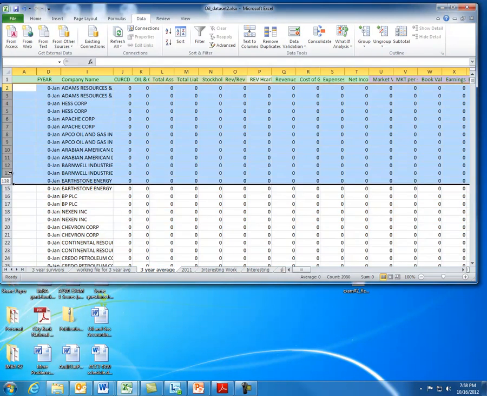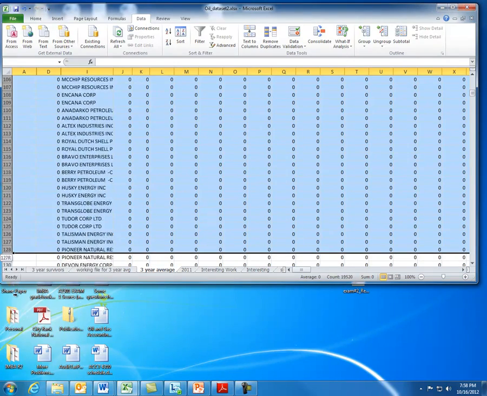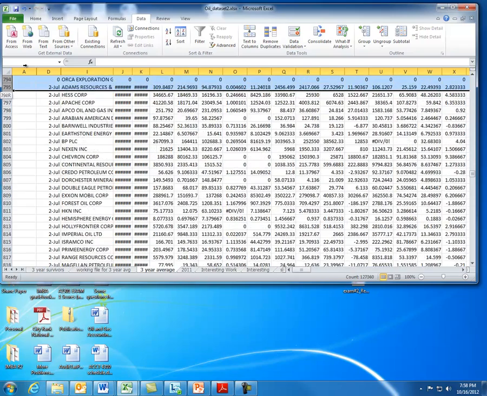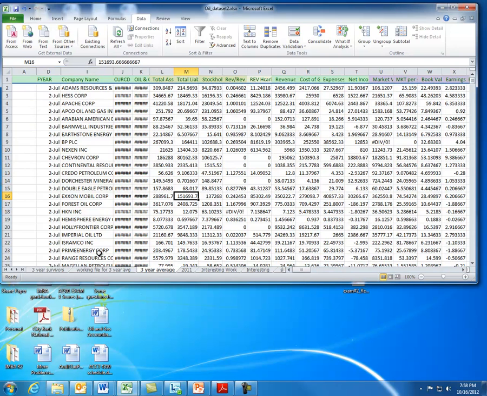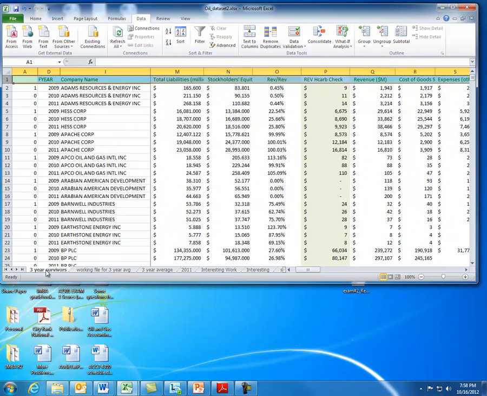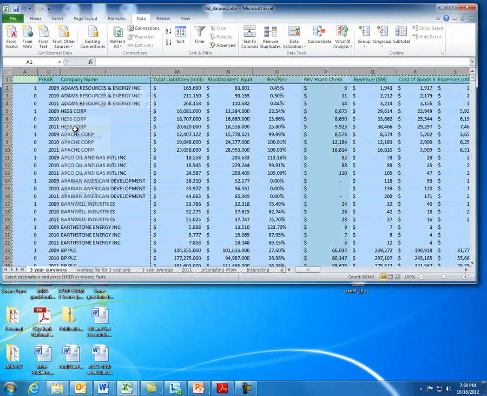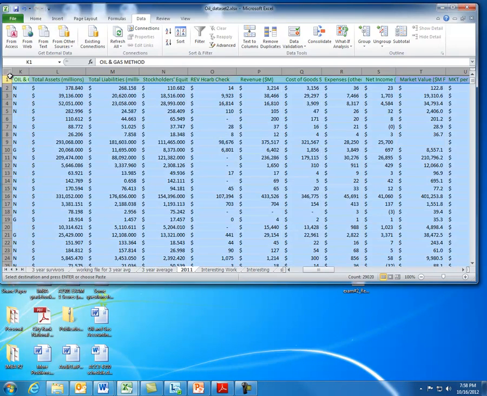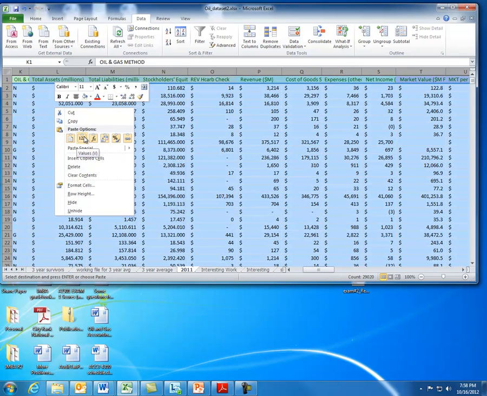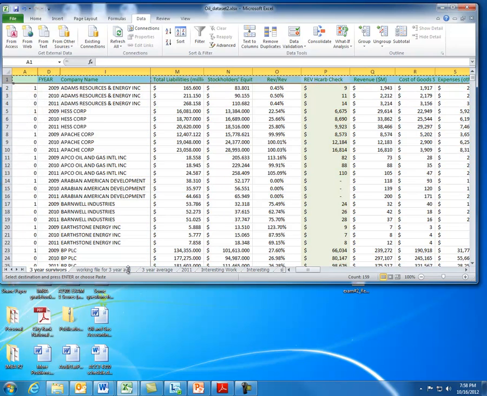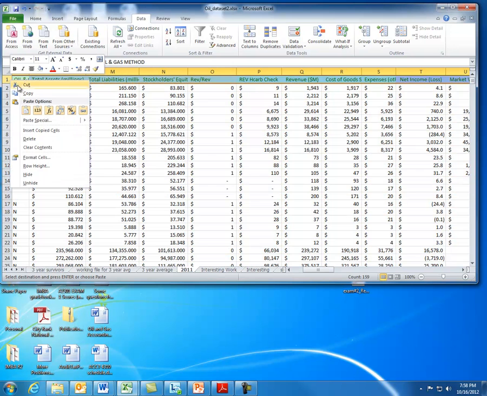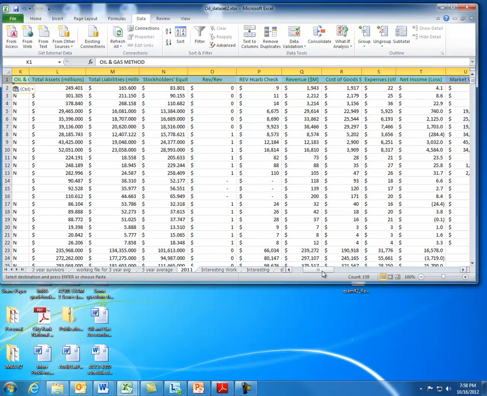We'll do that. All the non-average years we want to delete, and there are a bunch of those. If we delete them, voila, we should have 3-year averages. We can do the same thing with the 2011 file. Copy this, paste it special. We want to paste the values. We can go back and get the pretty heading and put it in 2011, and then sort this file